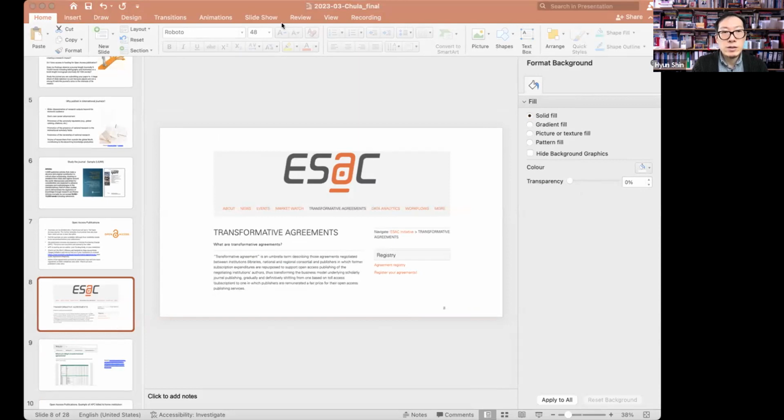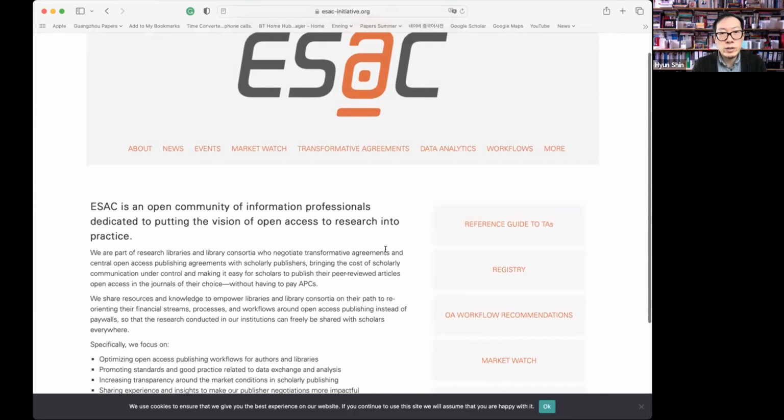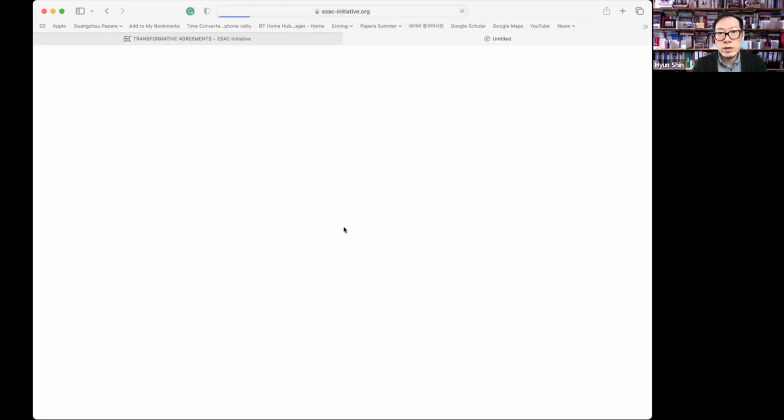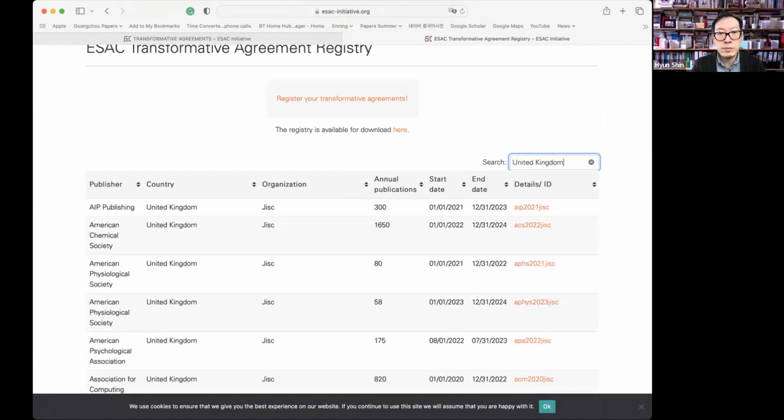And let me just share this screen again to my browser. So I hope you can see the browser here. And here is how it works: I just click on the transformative agreement and look at the agreement registry. And here, basically, you can look for what agreements exist, in the UK by simply typing this,